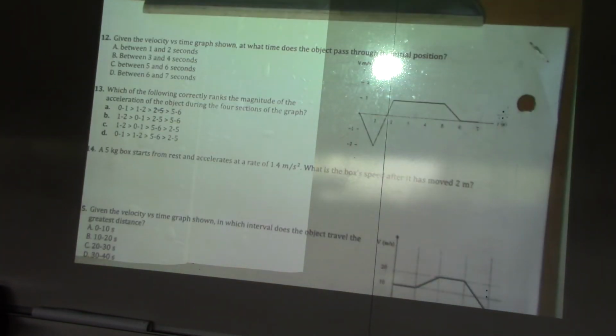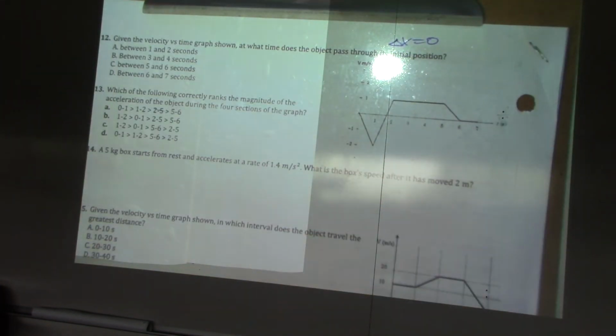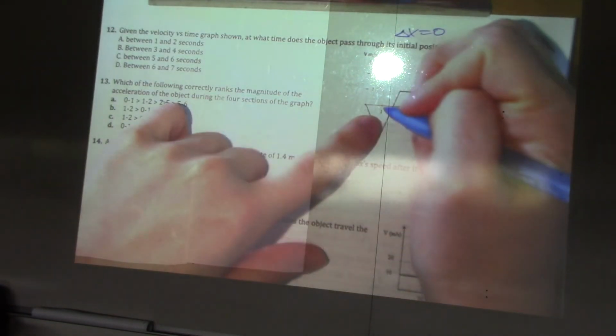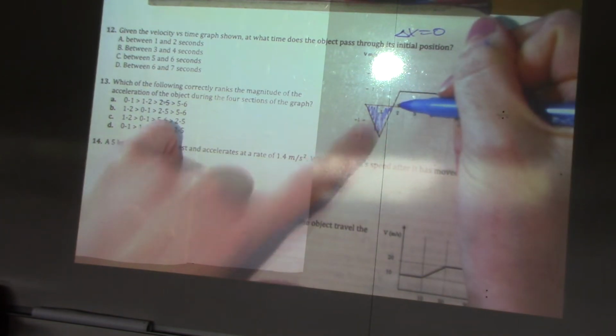Given the velocity versus time graph, I want to know at what time the object passes through its initial position again. So we're looking at velocity versus time. Back at the same position is when your displacement equals 0. So that means my positive displacement must cancel out with my negative. I have my option between 1 and 2, so let's look. I'm actually moving backwards all through here, so there's no way by the time I get to 2 that I've made up for that,